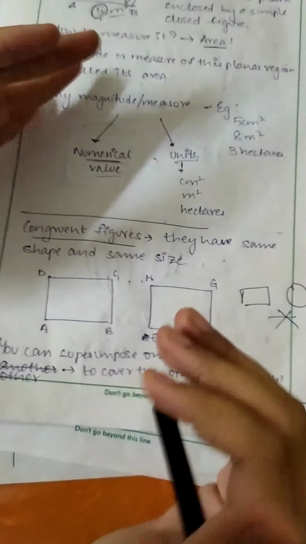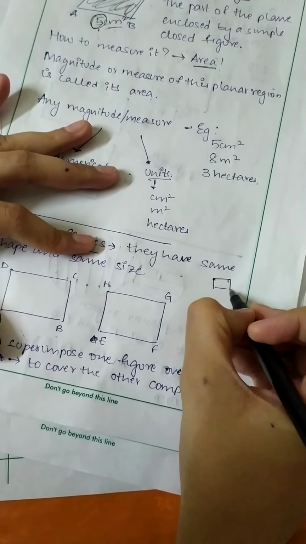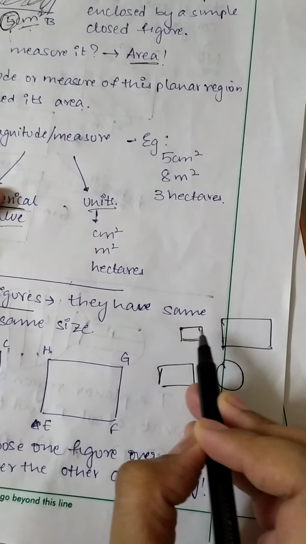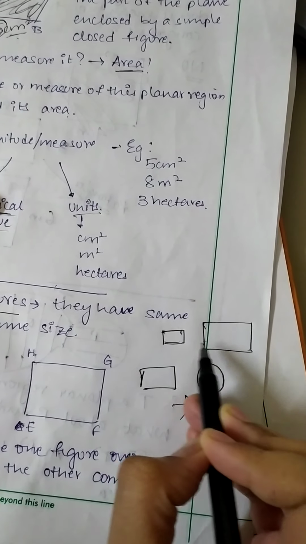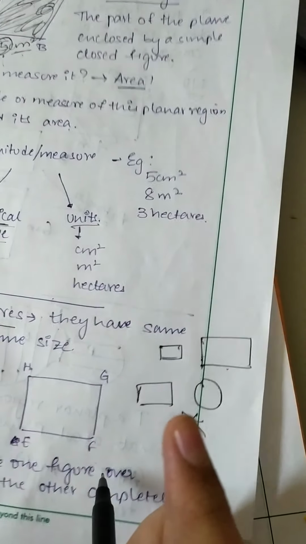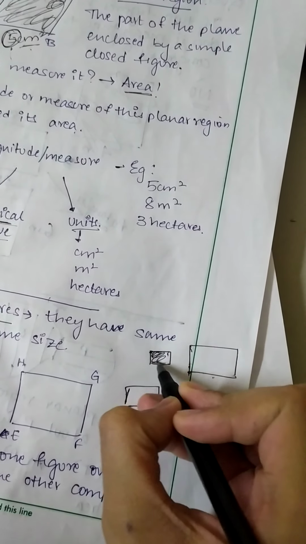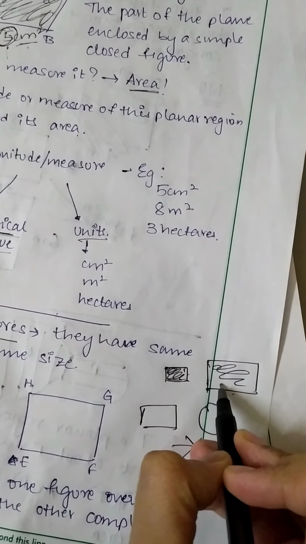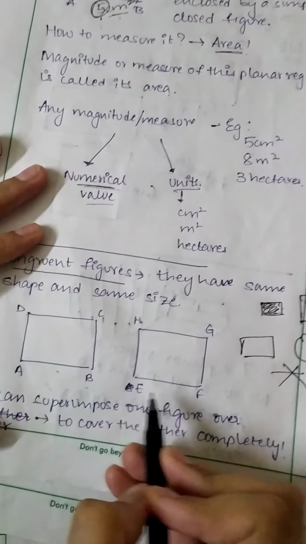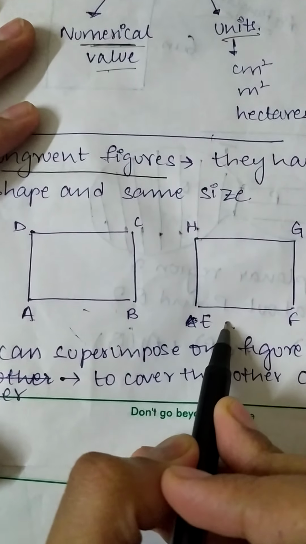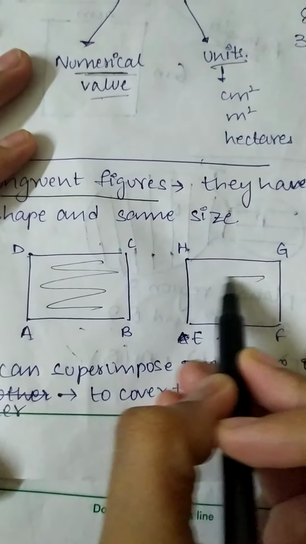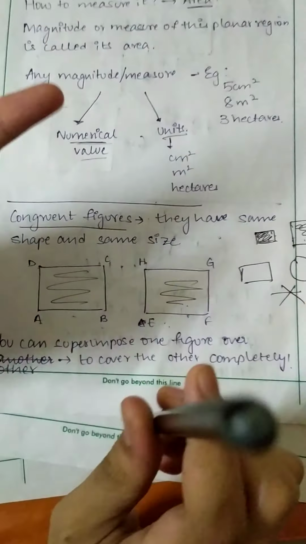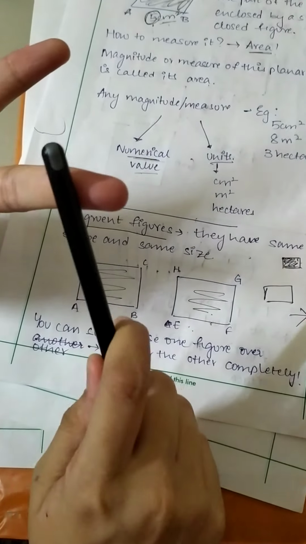But now if I have a rectangle like this and a big rectangle like this, I have two rectangles. Now that I have checked that they have the same shape, I also have to check the size, the area. Again, I just told you what area is. Is this occupying the same space as this? No. Which is why these two are not congruent. These two have the same shape, both are rectangles, and they're also occupying the same space, which is why these two are congruent. So there are two parts to congruency: the first is the shape and the second is the size.